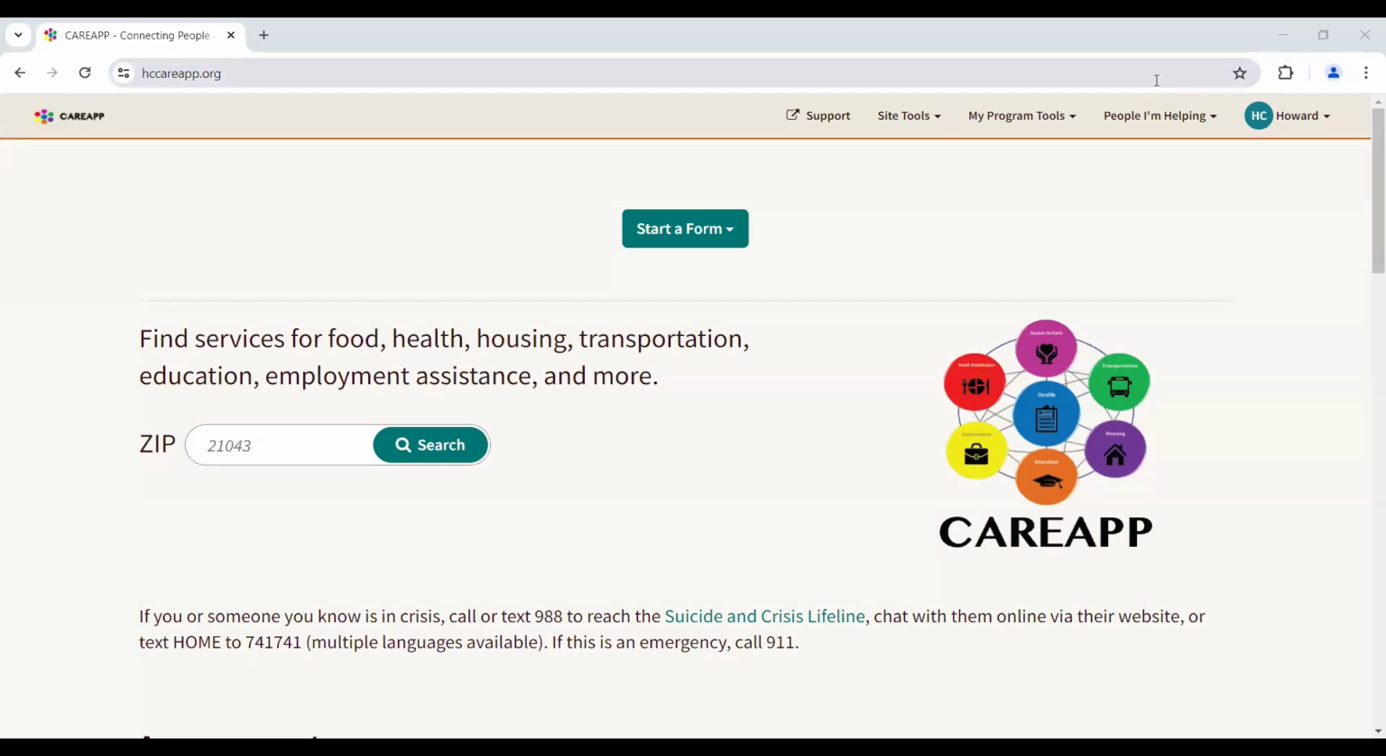Hello. Today, I will be walking you through updating referral statuses in CAREAPP. Once you have started making referrals, CAREAPP will track your members and add them to the People I'm Helping database. After a referral has been made, you will need to follow up with the community member and update the status